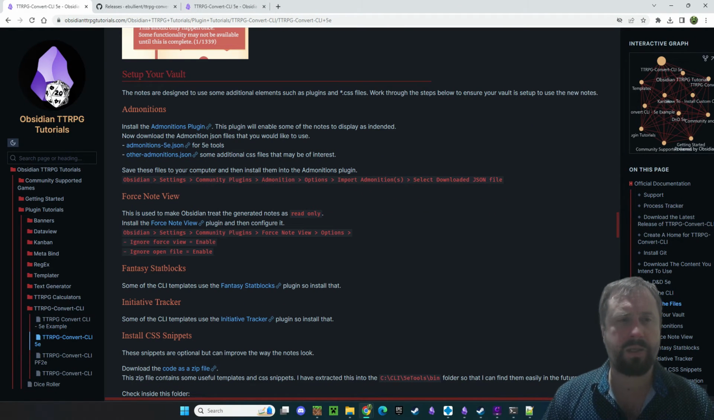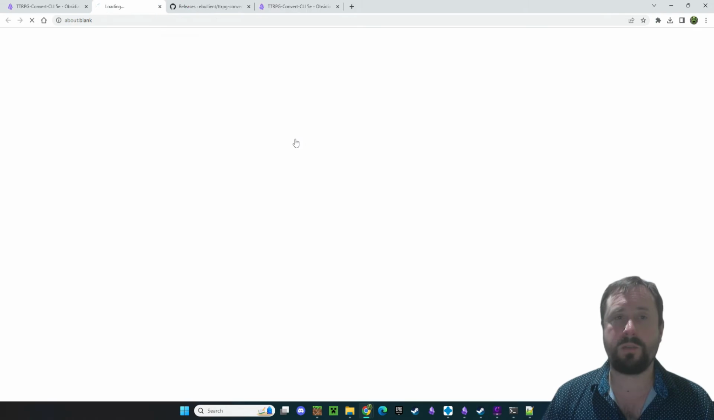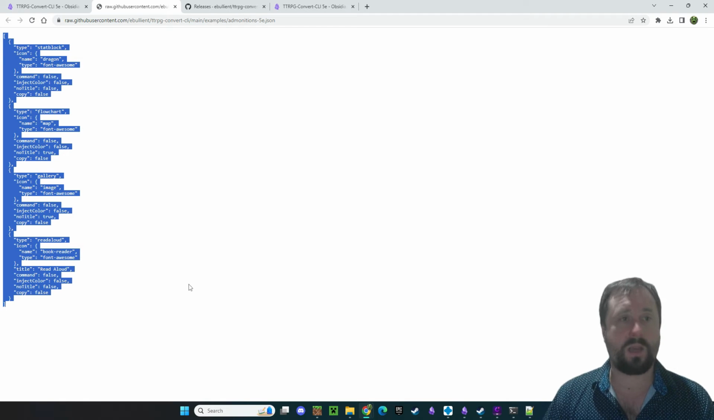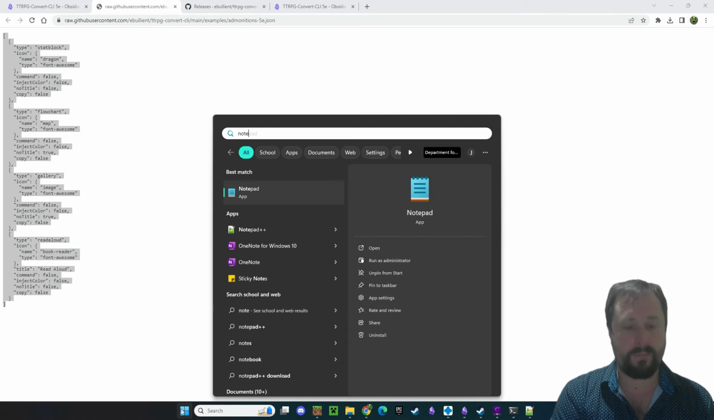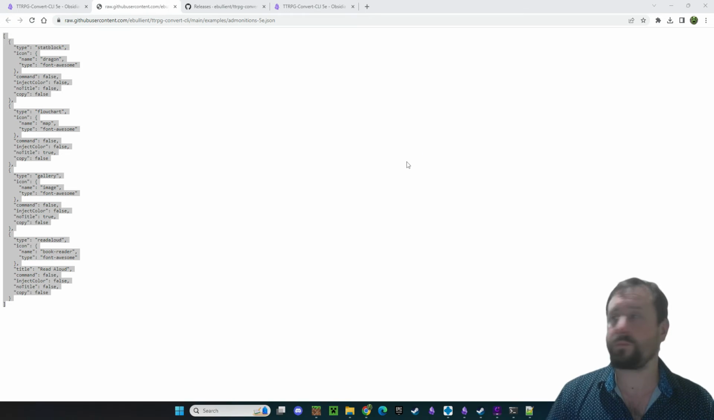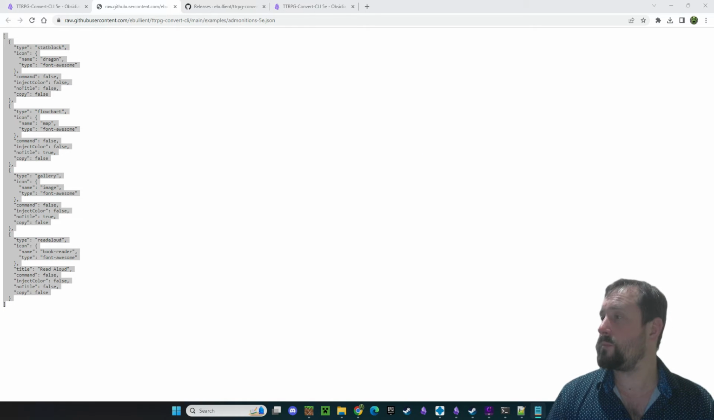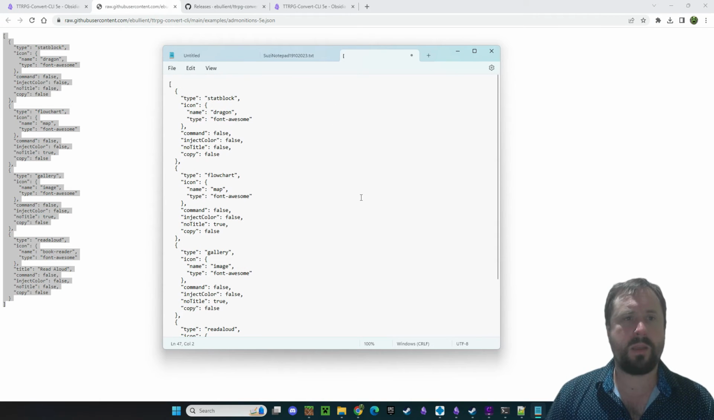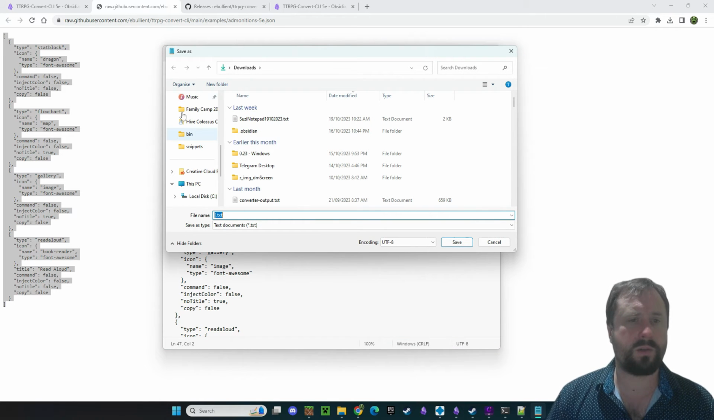We now need to save these files. Here we go. Now download the Admonition JSON file that you would like to use. I'm going to use the 5e JSON file. Alright, so I can create a copy of this here. Now this is quite simple to do. Alright, you can just basically copy this into a notepad, and then from here click Save As, and we save that into, probably just